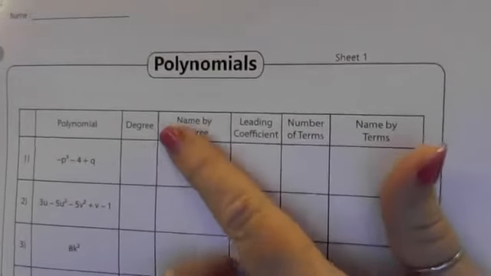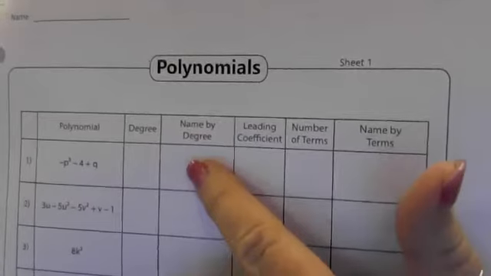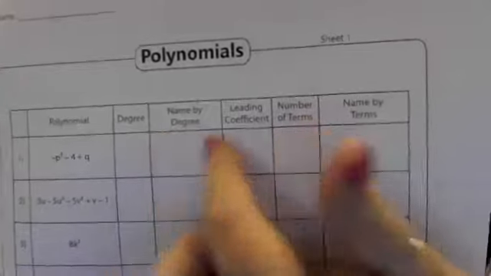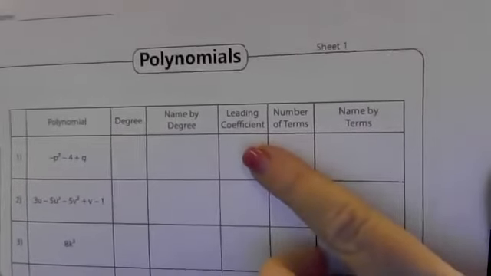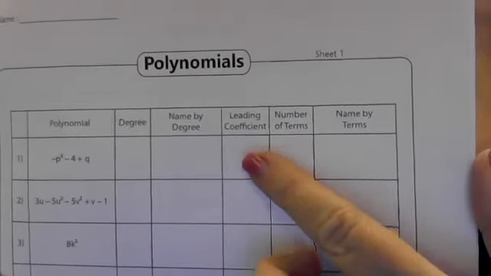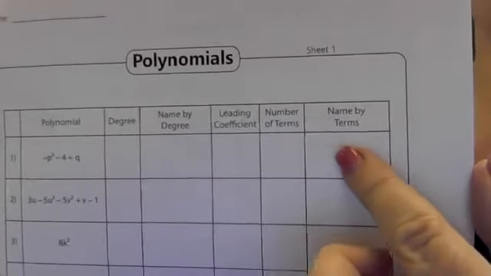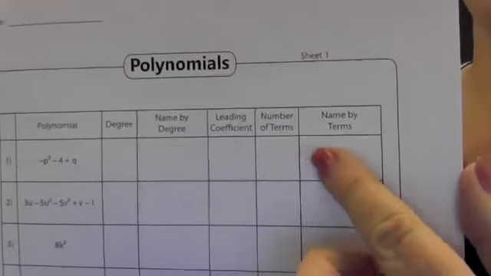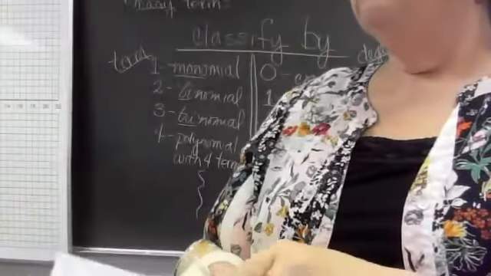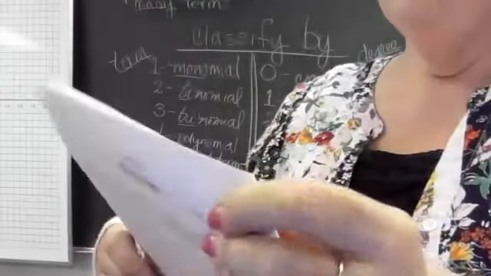And then match that degree with its name. We classify by degree. They say name by degree, same thing. The leading coefficient we talked about is the coefficient that's in front when we have it in standard form. Counting the terms and matching that with its name is what you're going to be doing on this page. Any questions on it until you get started? You understand that you have all the notes for it. Okay, and here again,